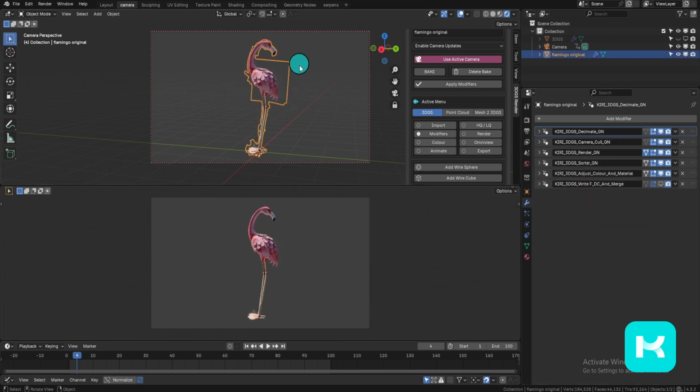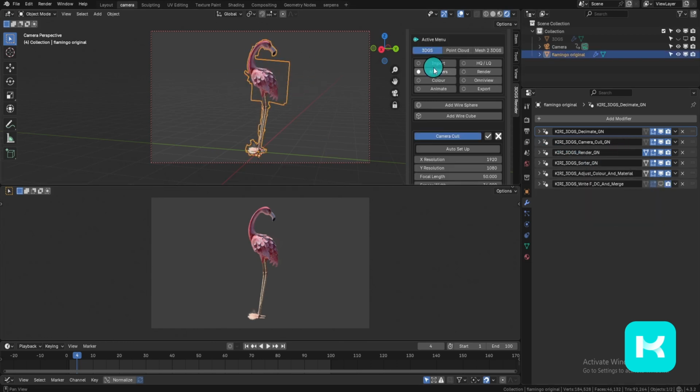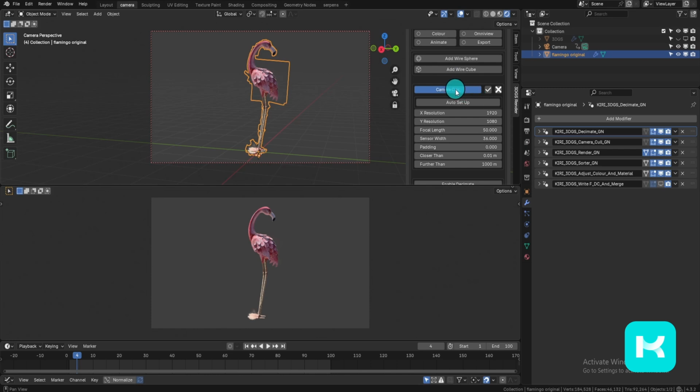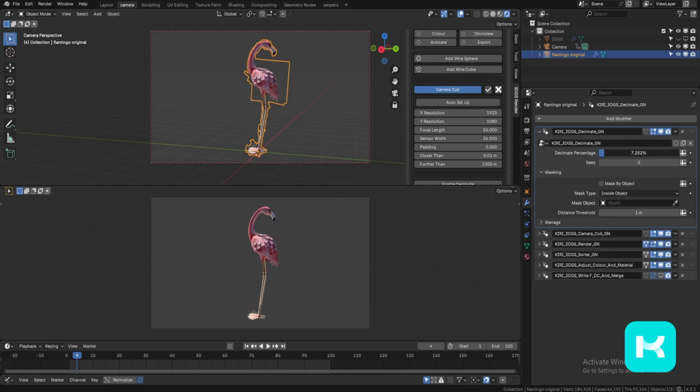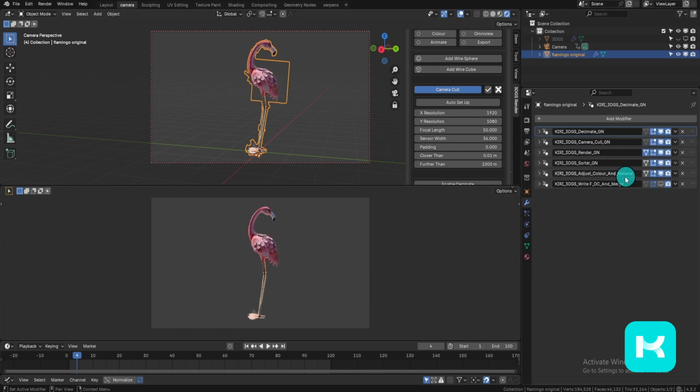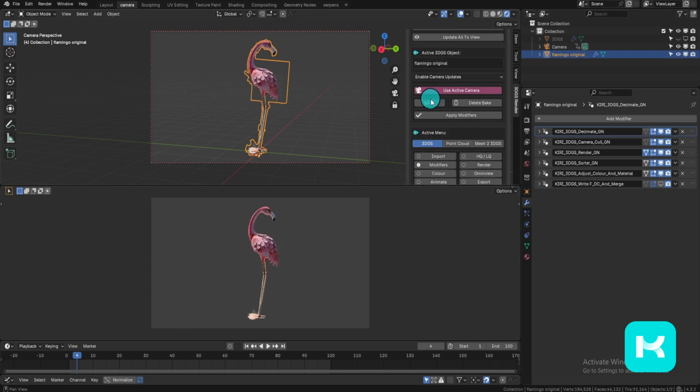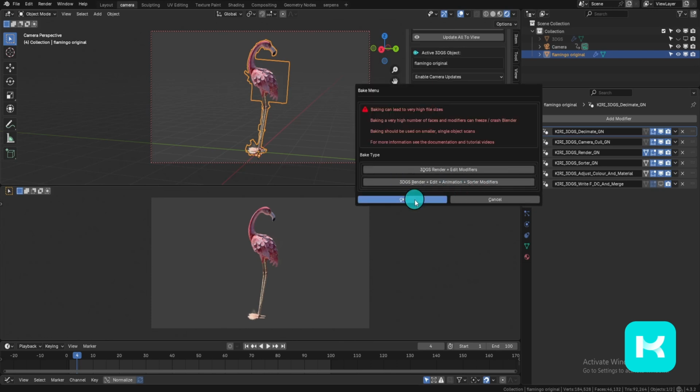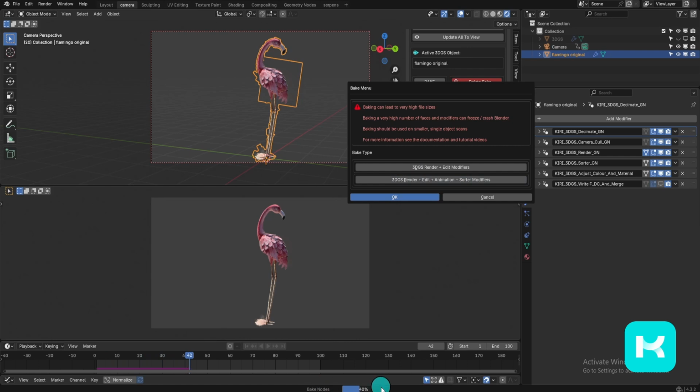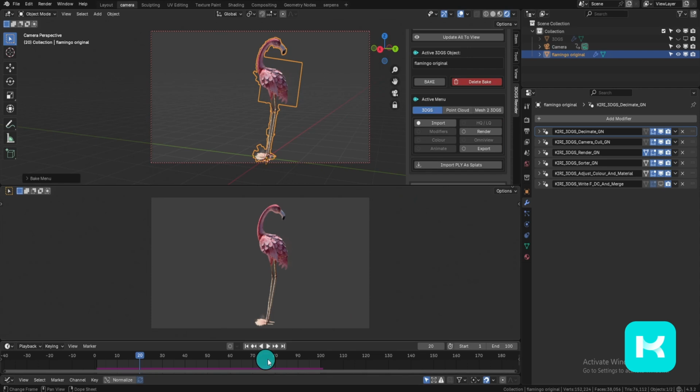Right now I have HQ mode enabled, and I've just enabled the camera cull modifier, and let's imagine I'm using the decimate modifier a little. So I want to bake the data for all of these modifiers. I can do that by pressing bake, baking all the modifiers. I can see that a progress bar appears at the bottom of my screen, and on the timeline I can see some highlighting to show that there is baked data for the active object. I'll press OK to close this menu. I can now